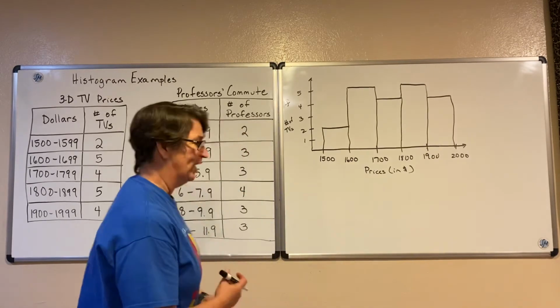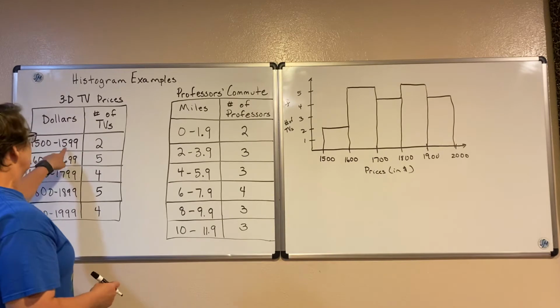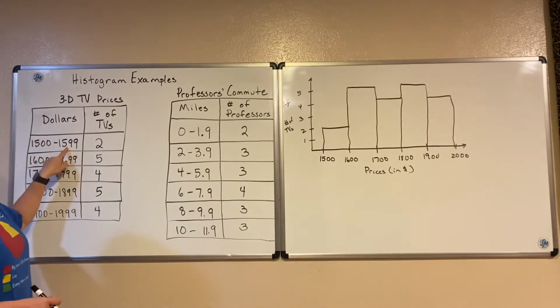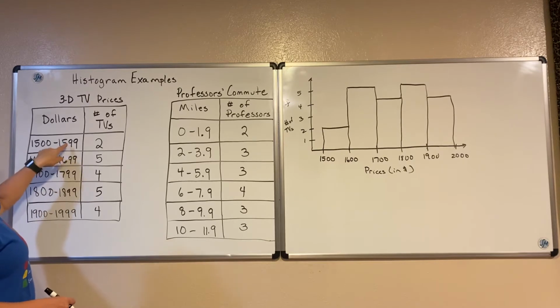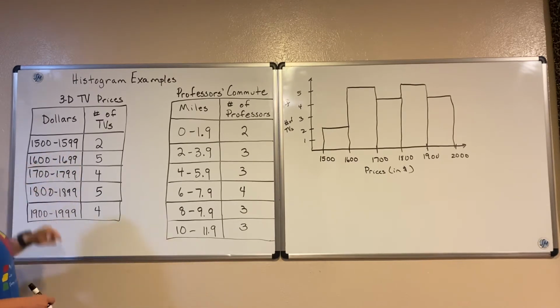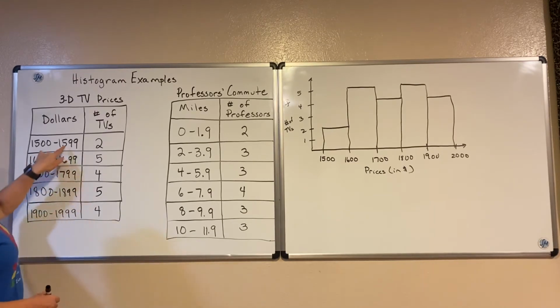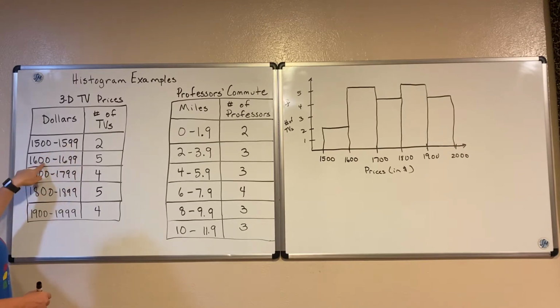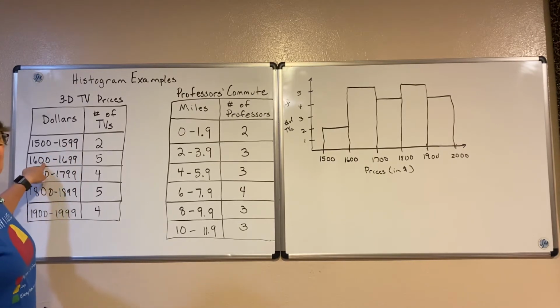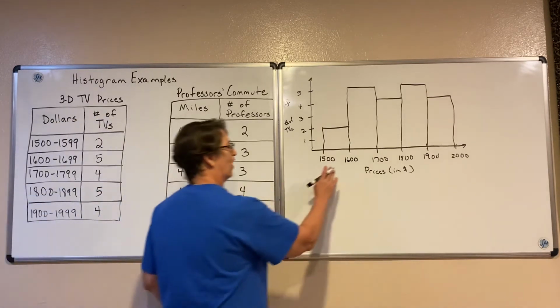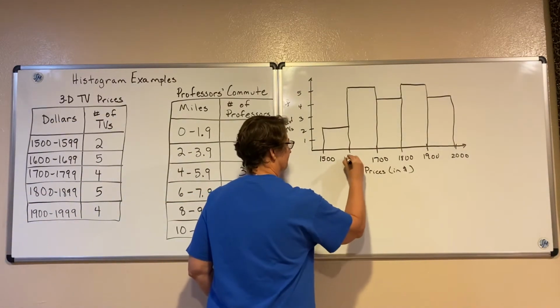The midpoint is right in the middle between 1599 and 1600, between my upper bound and my lower bound, between the maximum of this class and the minimum of that class. So what's right between 1599 and 1600? Well, it's 1599 and a half. Or I could write that like this,